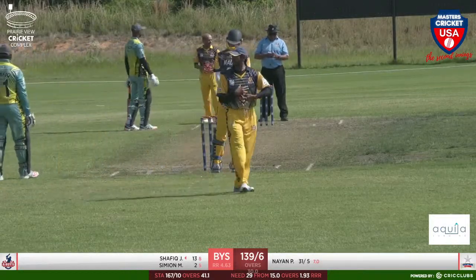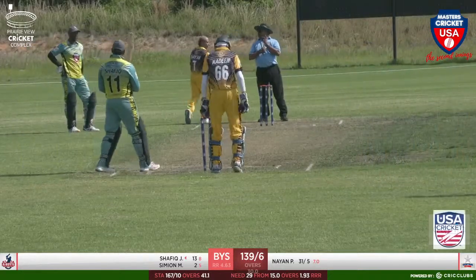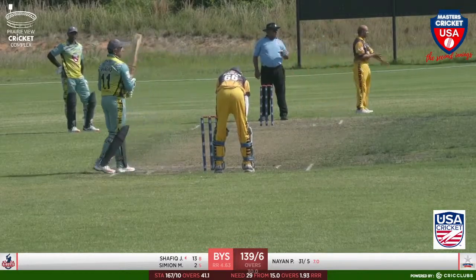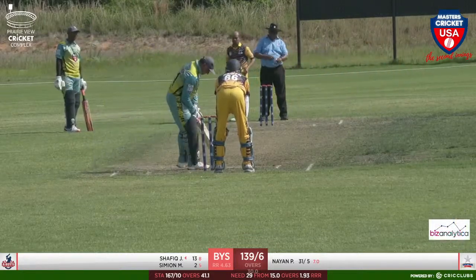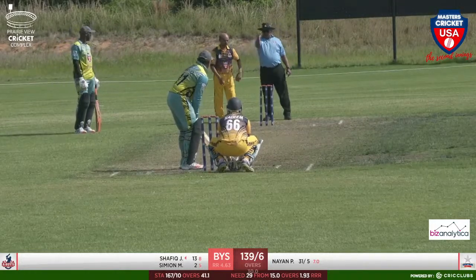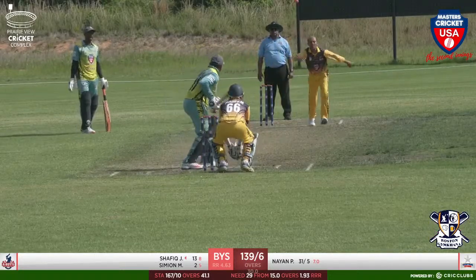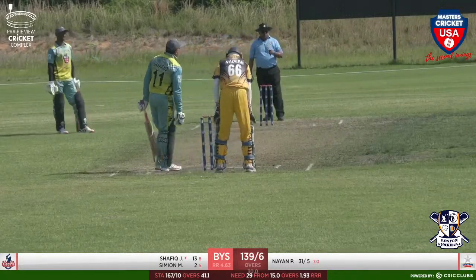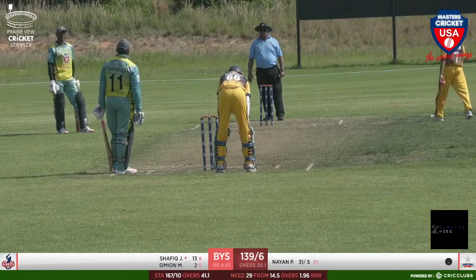31st over starting. Snehal is going to try to maintain his magnificent pressure, line and length, and of course, acquire wickets at this very crucial juncture for both teams. The score is 139 for 6. Snehal getting ready, coming in to bowl. Beautifully left arm delivery on the off stump. Shafiq plays it very watchfully on the front foot, straight back to the bowler. Good cricket,